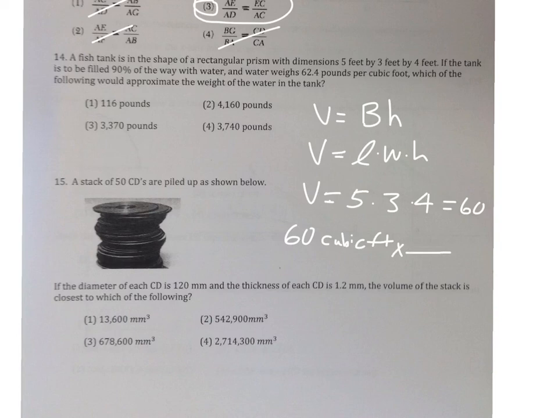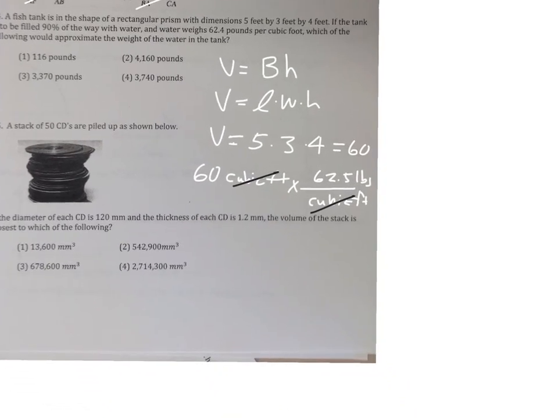They're telling you that water is very heavy, that water weighs 62.5 pounds per cubic foot. So multiplying by that number will tell you the weight of the tank if it was filled completely. So it would weigh 3,750 pounds if it was completely filled with water, but we're only filling it 90% of